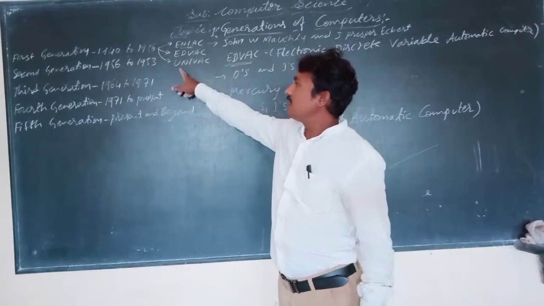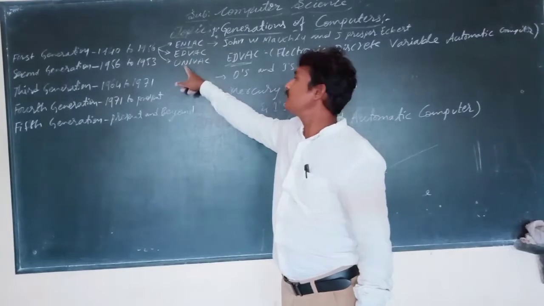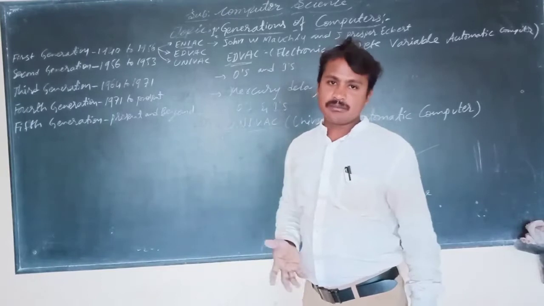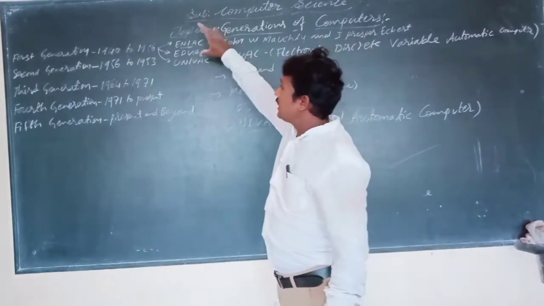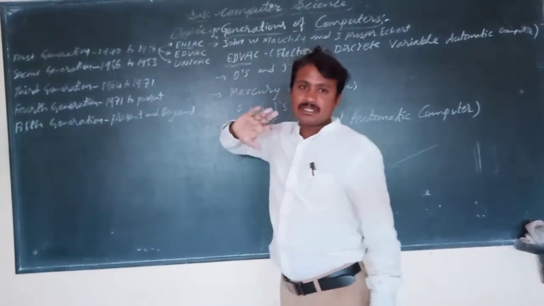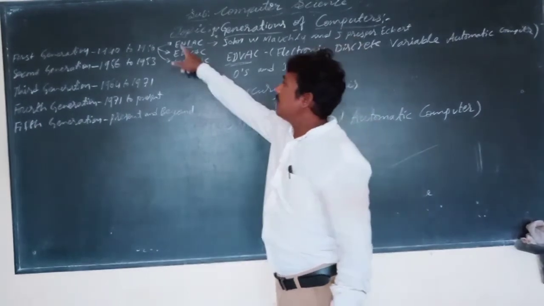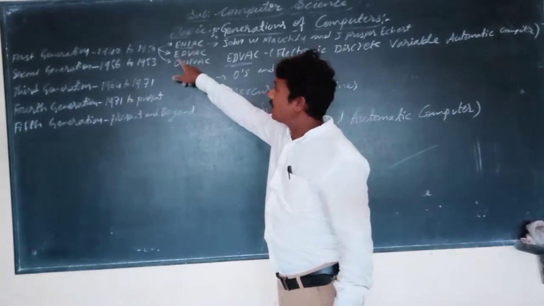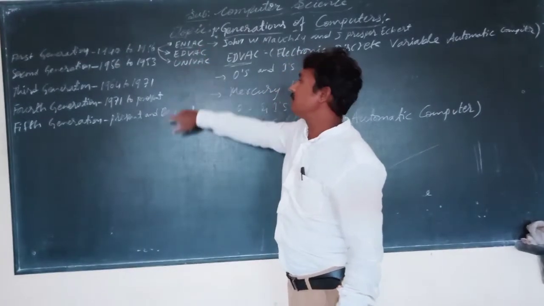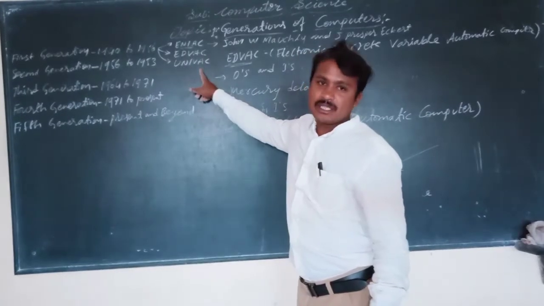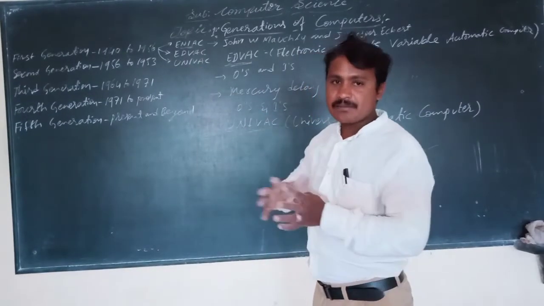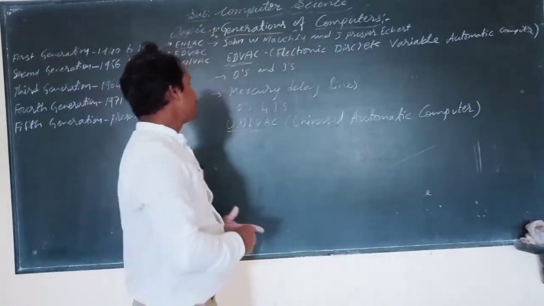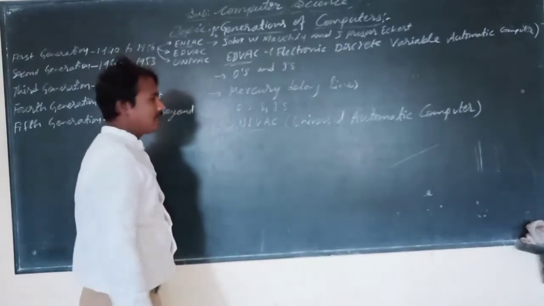Then if they ask the expansion form of UNIVAC, you have to write Universal Automatic Computer. These expansion forms are very important from the exam point of view. Electronic Numerical Integrator and Computer, Electronic Discrete Variable Automatic Computer, Universal Automatic Computer. These expansion forms may be asked in the exam, so you should remember them. Next, after this, let's go to the second